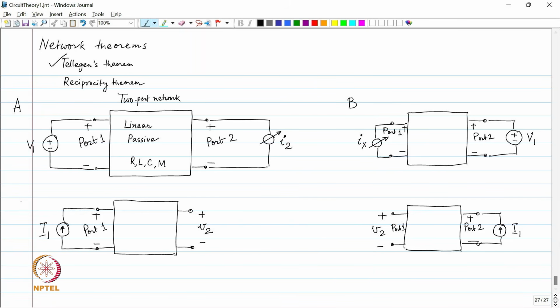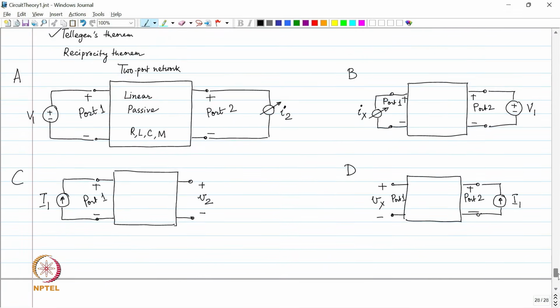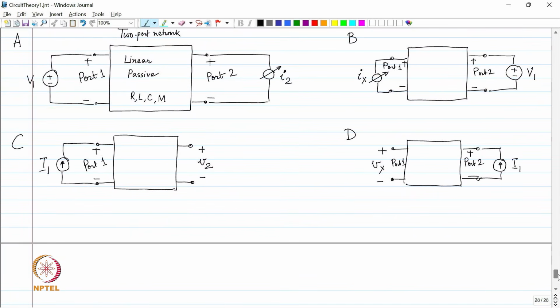And similarly, I will measure all the voltages and currents in experiment C, all the voltages and currents in experiment D, and I am going to prove that Vx is equal to V2. Okay, this is the plan. Let us do it step by step. So, A,